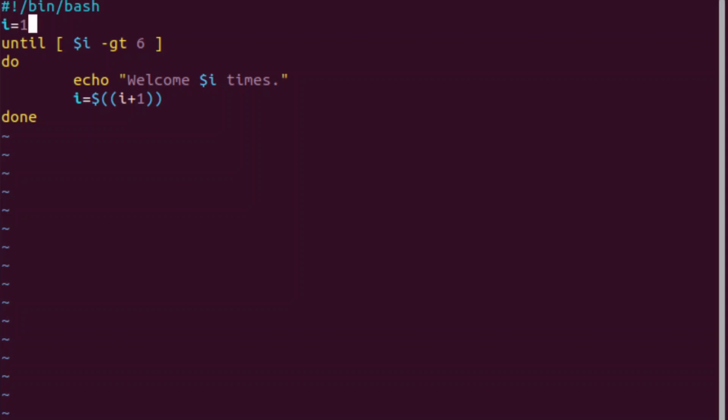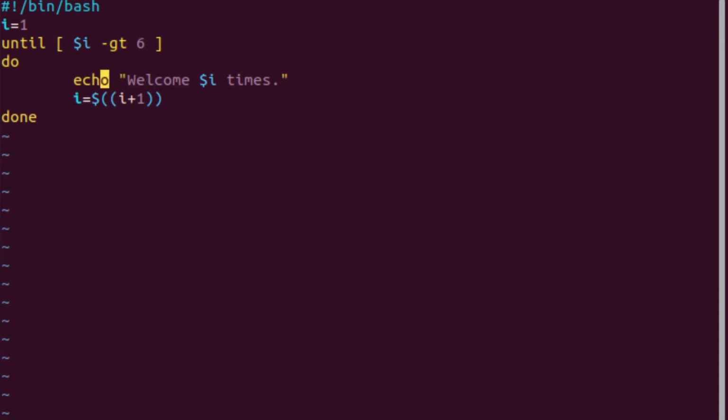Then I set a variable, I equals 1, and then we have our until statement. Until, then our expression. In this case, it's until square bracket, space, variable I, space, dash gt, which is greater than, space, the number 6, space, square bracket, do these things.